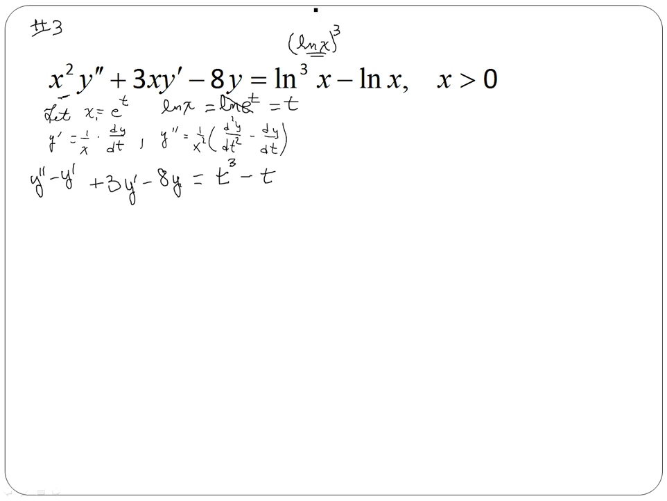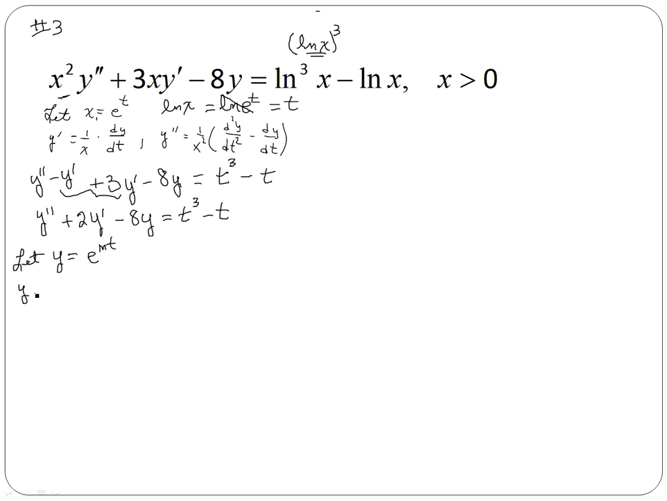Now, here you can combine your y derivative terms. These are like terms, so they can be combined to give you the second derivative plus 2 times the first derivative minus 8y is equal to t to the third minus t. And now we have a second order linear ODE with constant coefficients, and we can solve by letting y equal e to the mt,